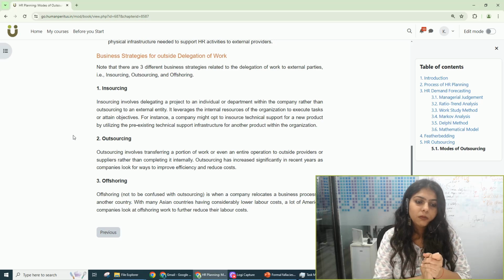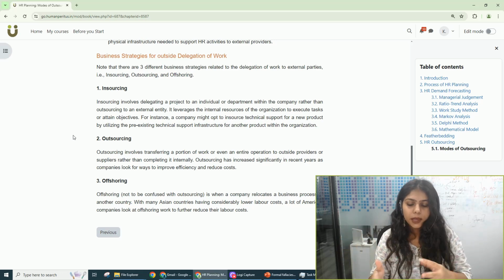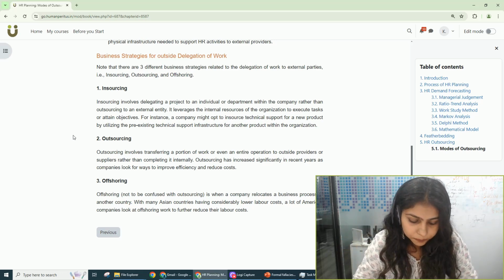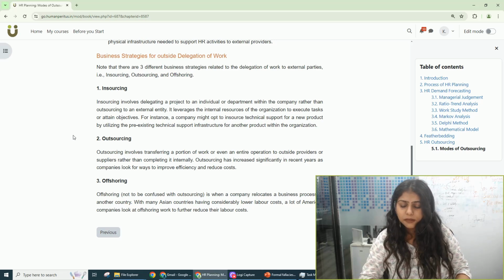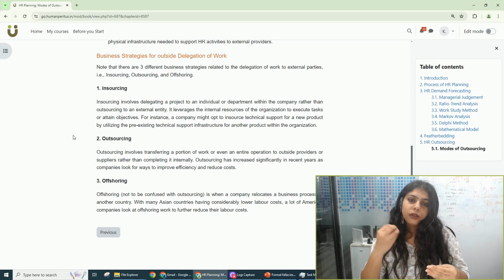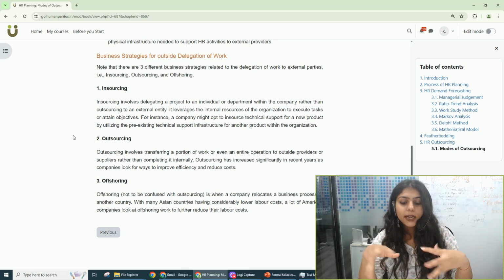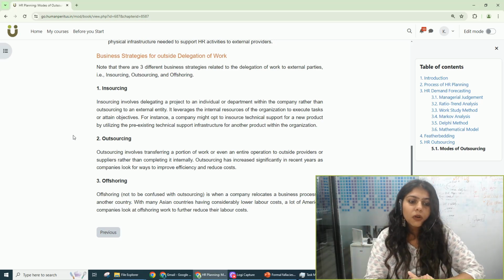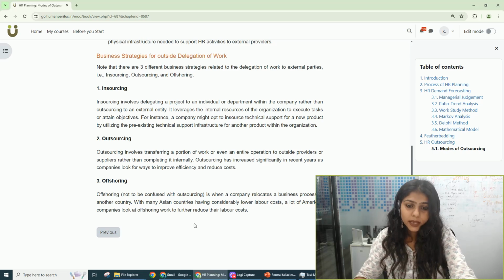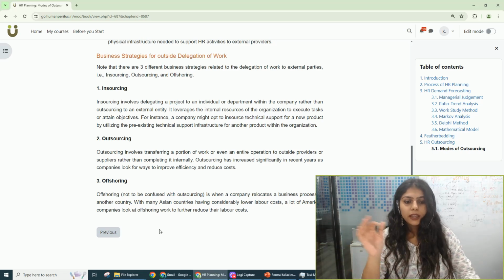Now from that we come to offshoring. I'll explain this with an example. Let's say there is one software development company, it's from America. Now this American company sets up a unit in India. So what it's trying to do is hire our people, the best of our talent, so that they can get benefited from it. So that is offshoring. Offshoring is when a company relocates a business process to another country. So again, India and America, from my example, with many Asian countries having